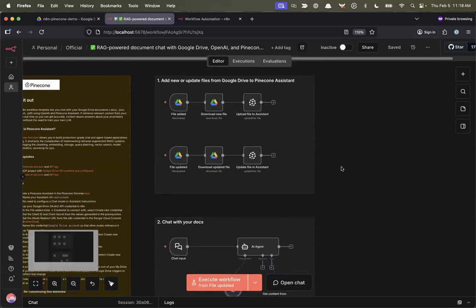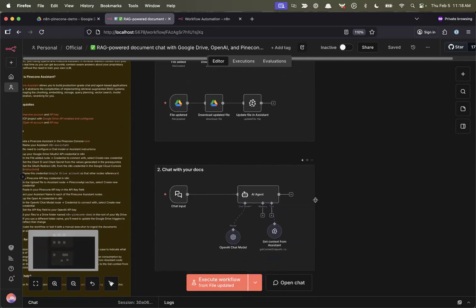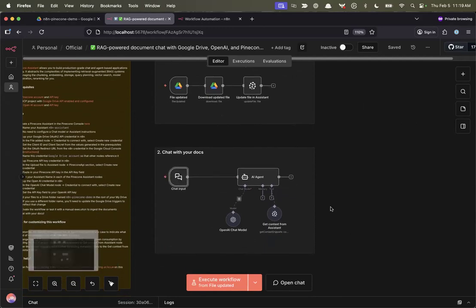I built this workflow. What this does is it is essentially a chat with your docs workflow. The triggers are based off of Google Drive. So if you add a new file or update a file in Google Drive, it will upload it to Assistant using the Assistant node. And then once all your data is in Assistant, you can actually chat with it.